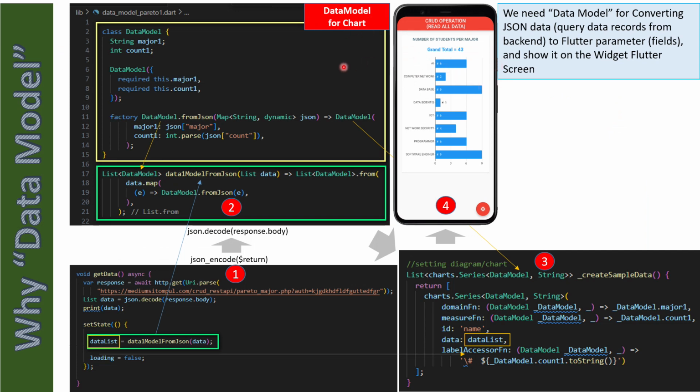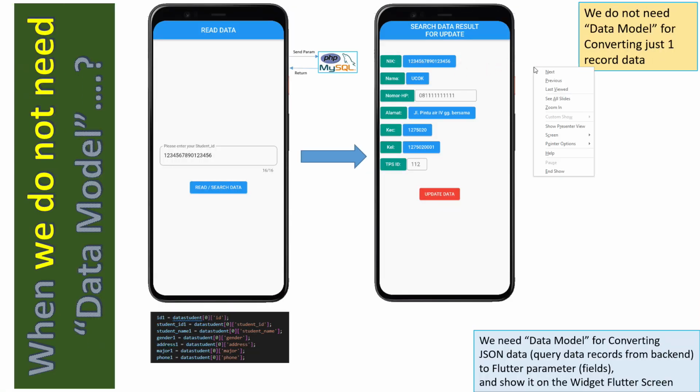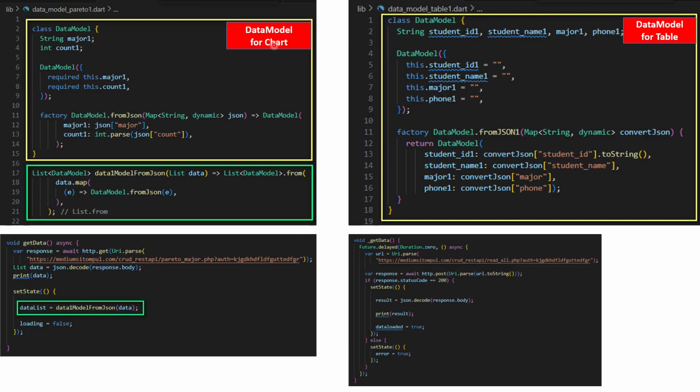The differences between the data model table and the data model chart are just like this. This is the data model chart. This is the data model table. This is the difference. We have this block for the data model for chart.